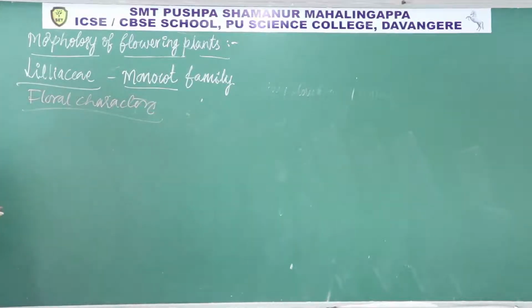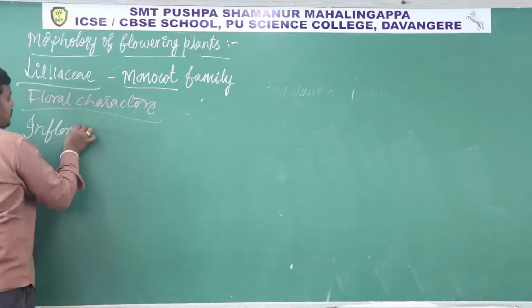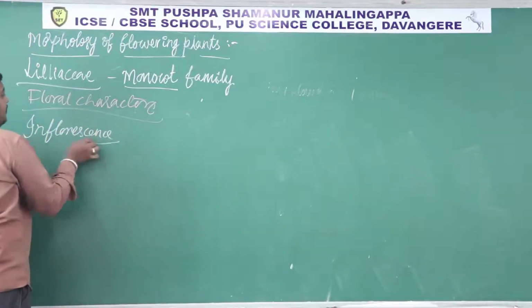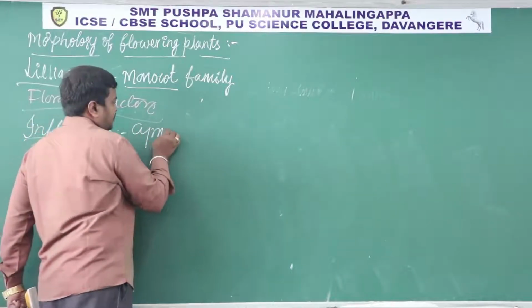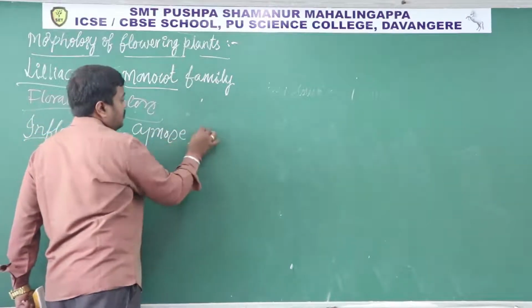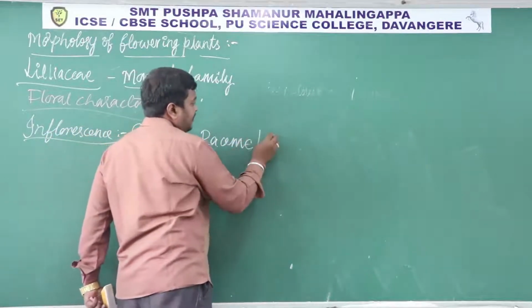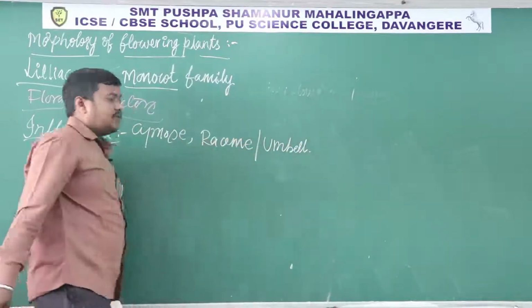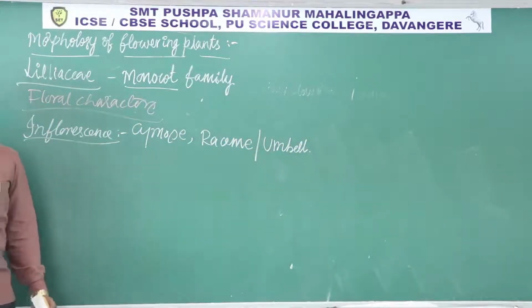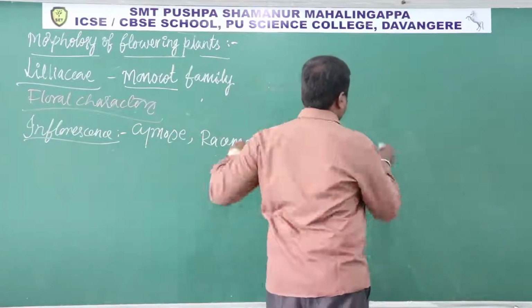Floral characters. So, inflorescence. Okay, first character, inflorescence. Usually the inflorescence is cymose. In some plants it is cymose or raceme. There is an inflorescence called umbel. So umbel inflorescence means